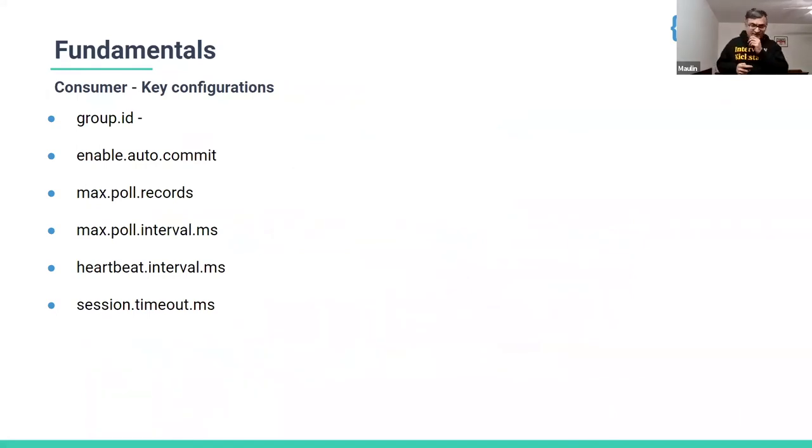So there are a few more configurations. There are a lot of configurations in Kafka for the consumer also, but these are, I would say, the most important ones you must understand. One of them we already talked about, the group ID. The other is the acknowledgment mode, which decides how the consumer acknowledges the message to the broker, saying, hey, I'm done with this message.